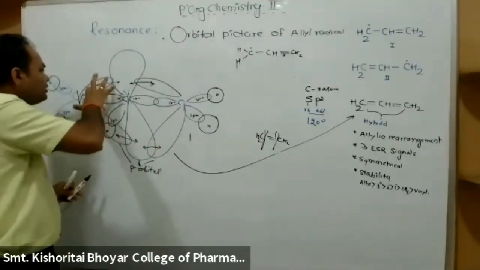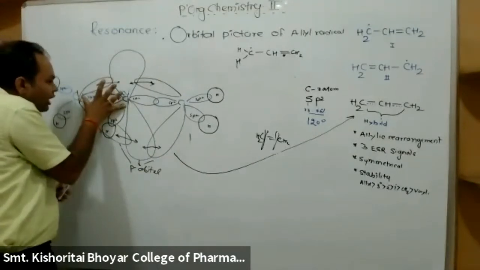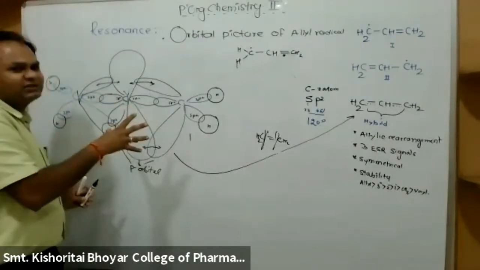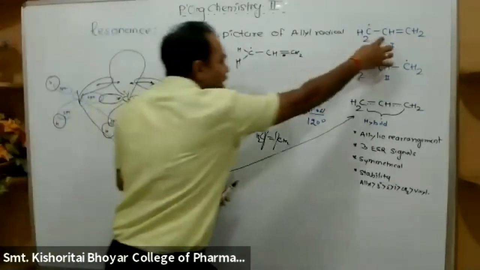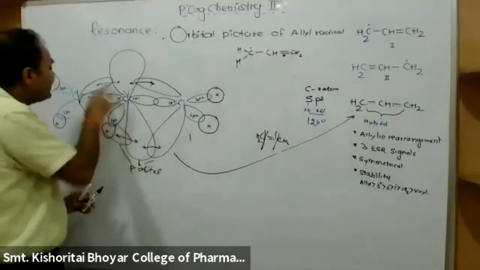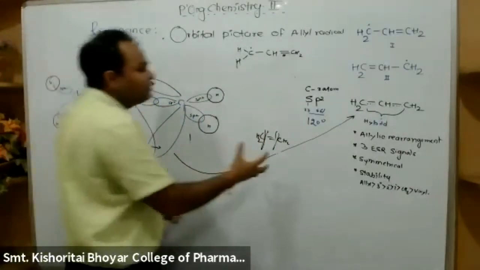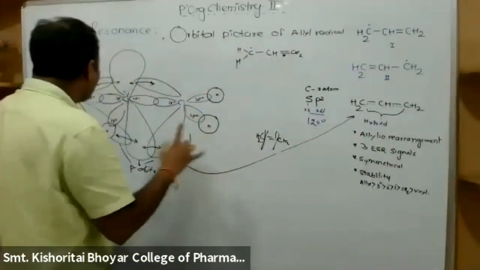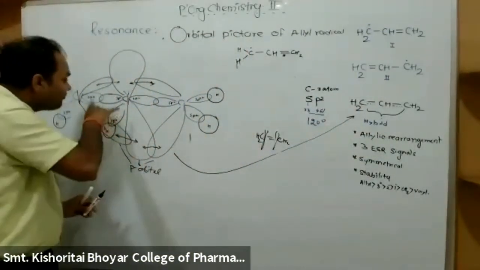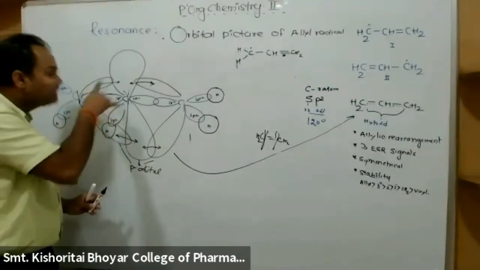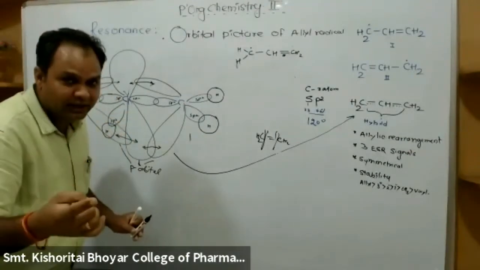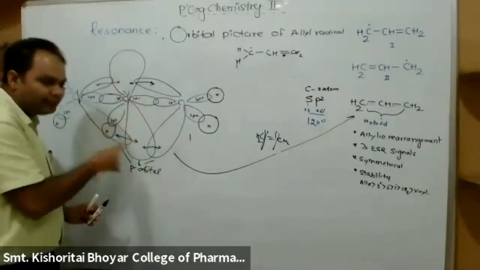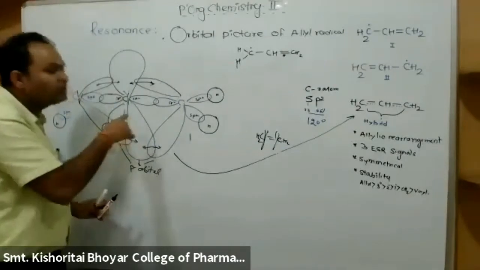Okay, so in that case what happens? Either you will get the pi bond between these two carbons, or you will get a pi bond between these two carbons. But you cannot represent the structure of the allyl radical like this or like this. It may be like this or it may be like this. So we represent the structure of the allyl radical as a hybrid one. Okay, clear? So what I want to say is why this happens? Because this happens due to the delocalization of electron, and that results in the hybrid resonance molecule becoming more stable.